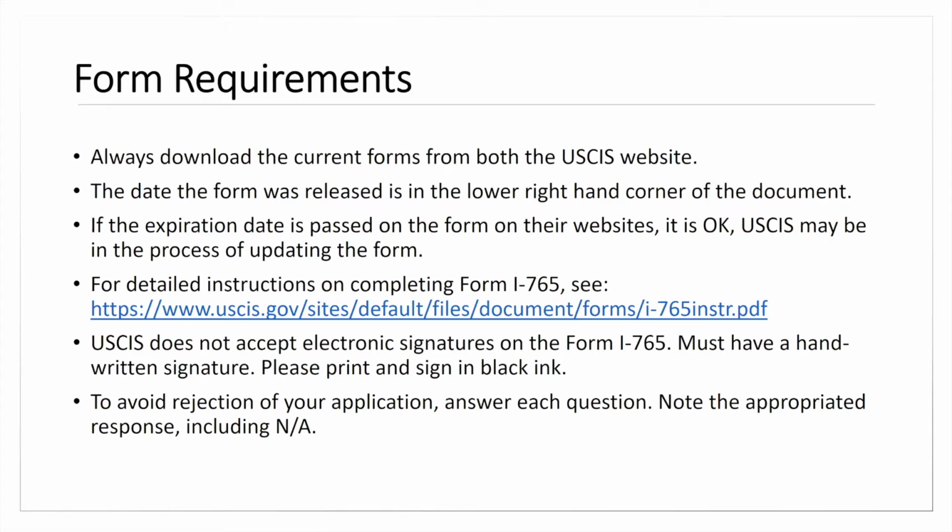It may seem to someone who's reviewing this form that it's incomplete or you failed to answer the question. So making sure that you either have an answer or that you're able to put NA in there is important. Now, if you're filling it out online, the form will not let you put NA in every field. If it doesn't allow you to do that, that's fine. Move on to the next question.